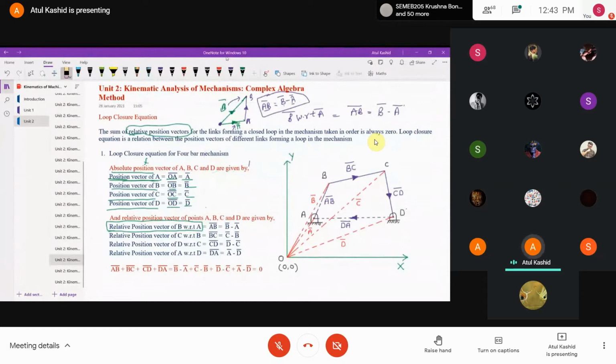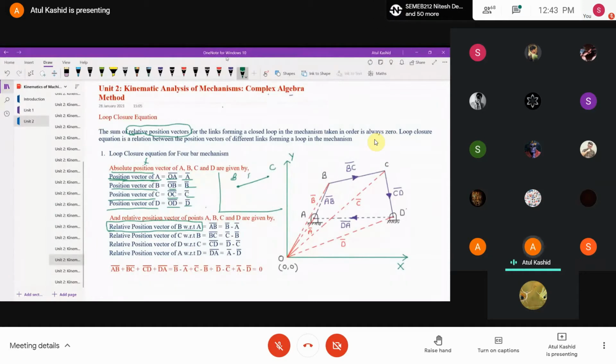See, if I take BC bar in case of the second link of this 4-bar mechanism, our BC bar is over here. So how can I draw that? This is your B and this is your C, so this is your BC bar, right? What I will do first is draw the position vectors. For B bar, I can join it from the center, so this is your B bar, and for C bar, I can join it from the center. So this is your C bar, right?